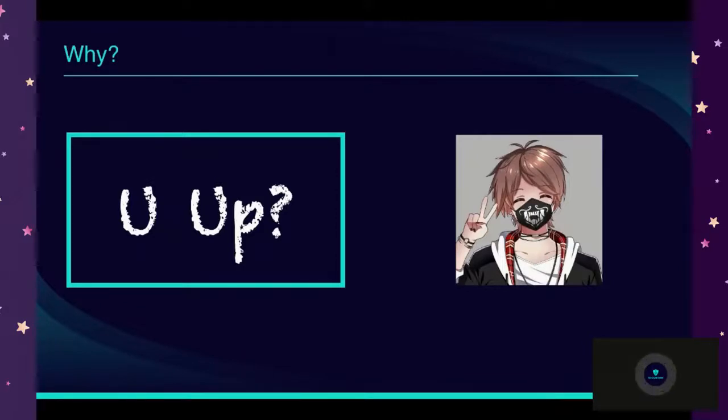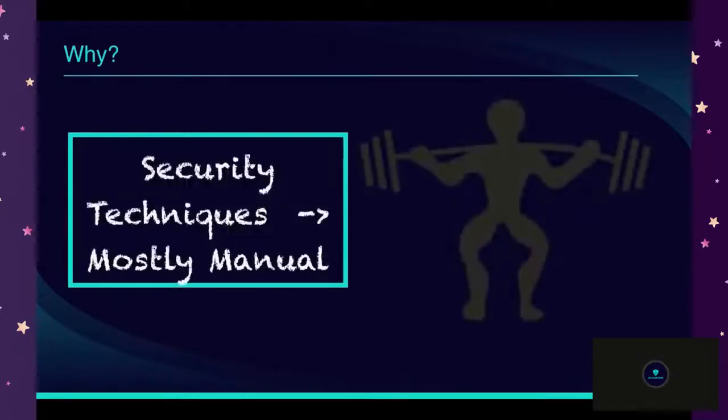So what's the point of all this, right? The point here is that a lot of the security techniques are mostly manual. Because if things were completely automated, if you had automated tools that could prevent bugs from getting into smart contracts, that could detect bugs in smart contracts, that could monitor deployed smart contracts and prevent any attacks on them, prevent the exploits, then it would just be a matter of adoption of those tools and techniques, right? But unfortunately, we're not there yet.